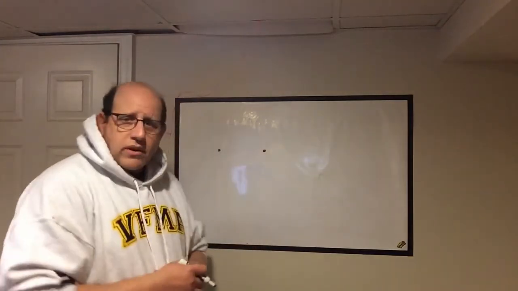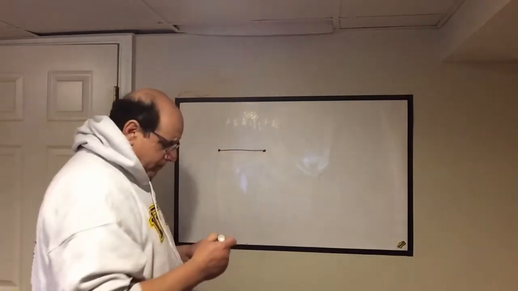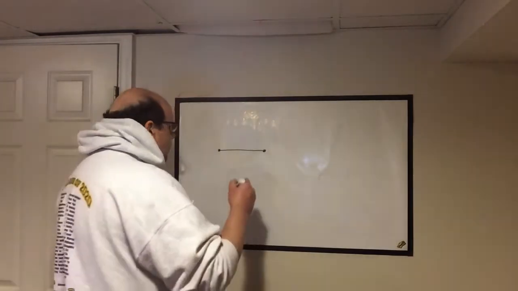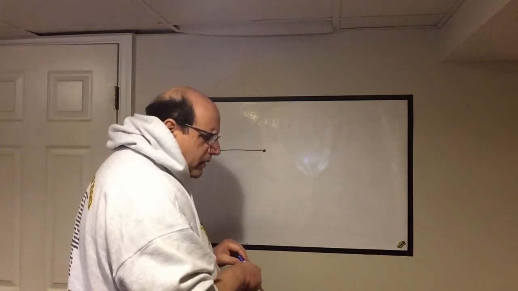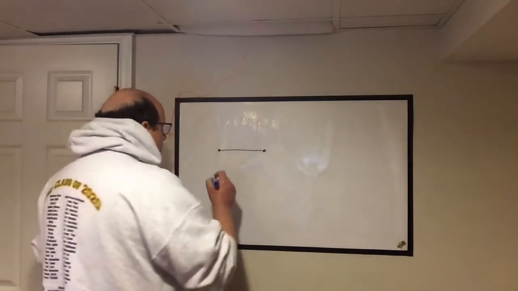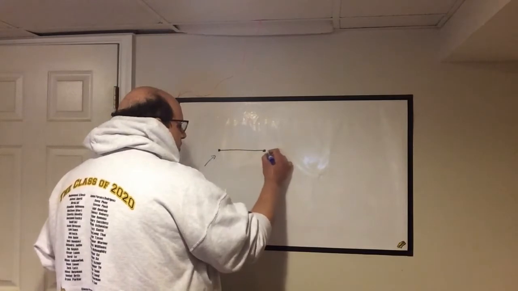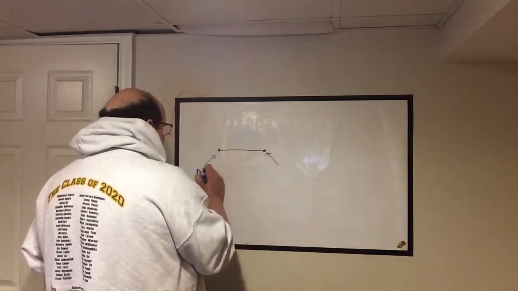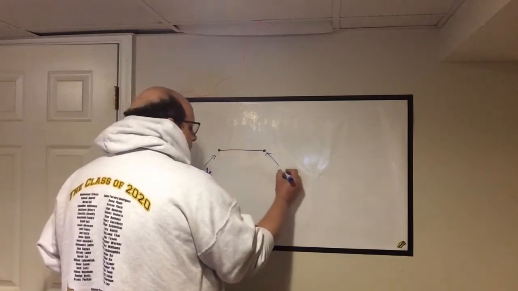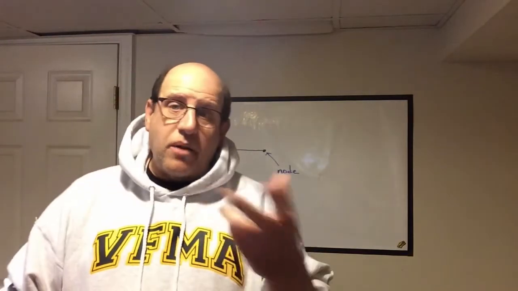So I have 2 points that I've fixed, and I have a string, any type of string, and I'm going to pluck the string. Well, if I pluck the string, then I create a wave. There are other terminologies that go with this, but I want to talk about the fixed ends. The fixed ends, these are called nodes. All right, and all the node means is that it's not moving.